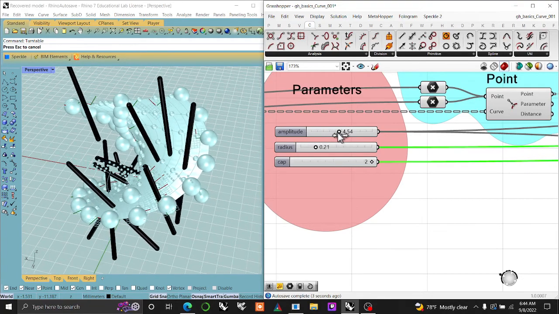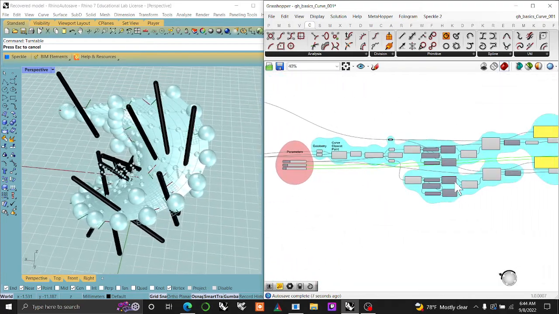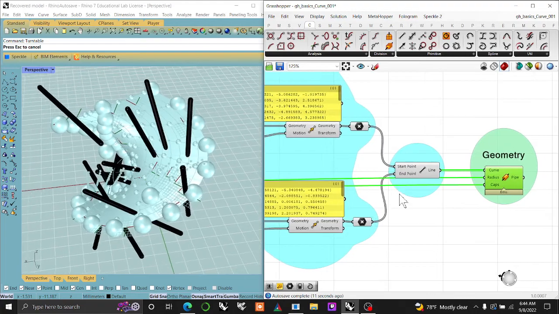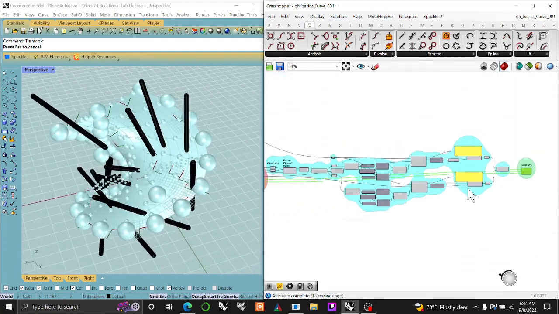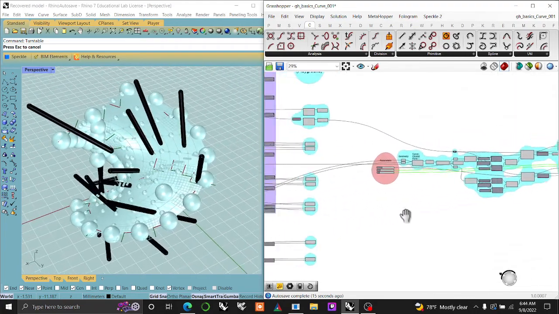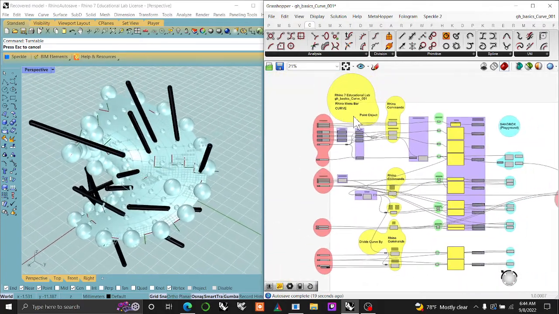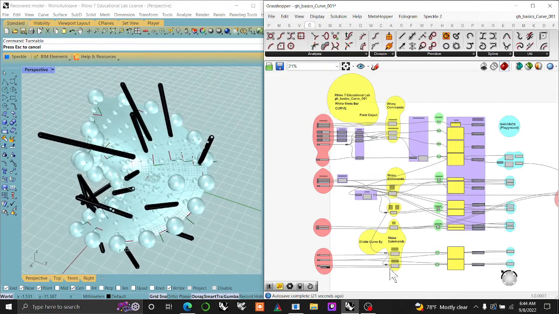And you say, well, how are they made? The amplitude of those lines, and I usually read my script from back to front after I generate it. And these are playful to give you some more complex geometries and scripts to play with what you found out about this basic introduction to curves, point objects, Rhino commands,